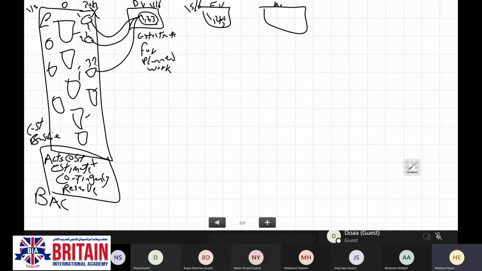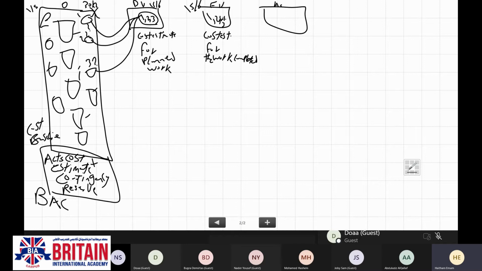The earned value is representing the value of work which you have completed, or the cost estimate for the work which you have completed.